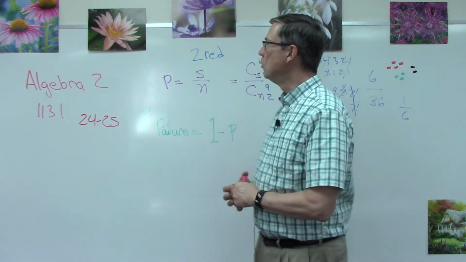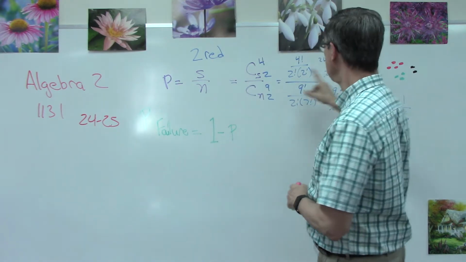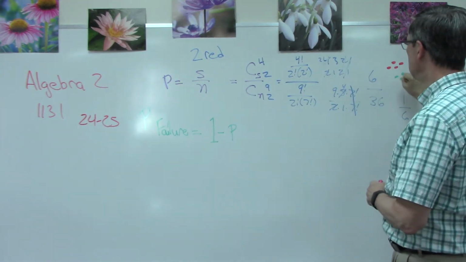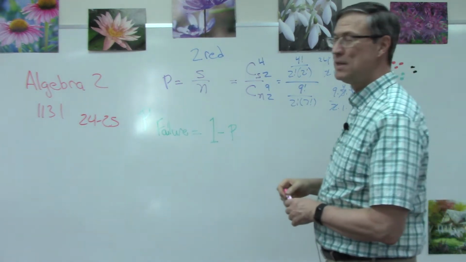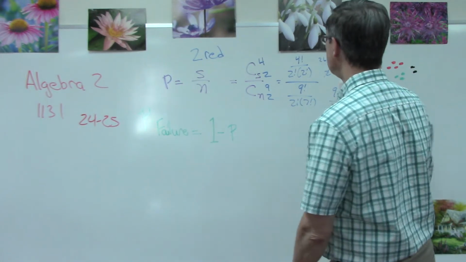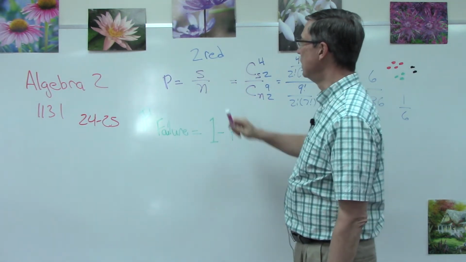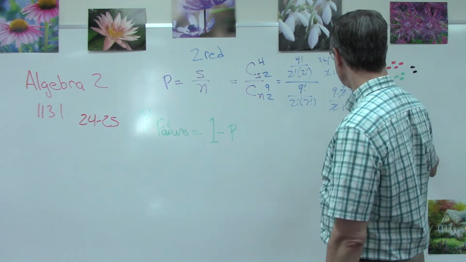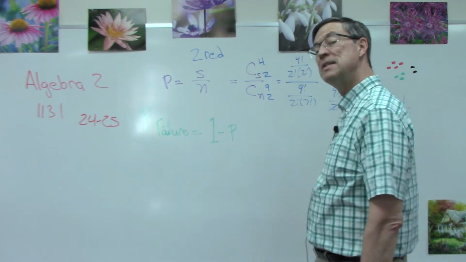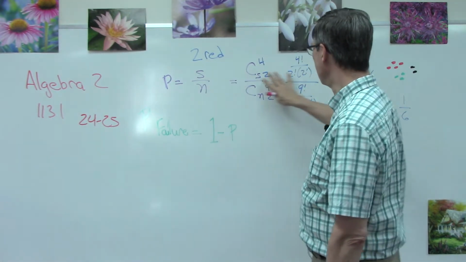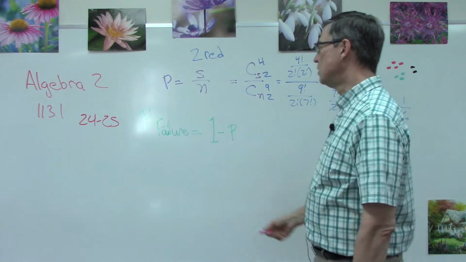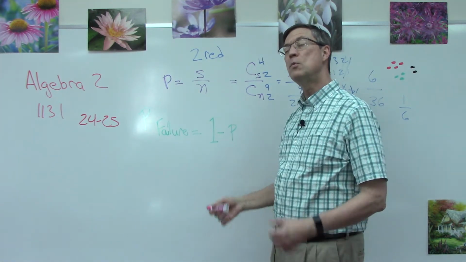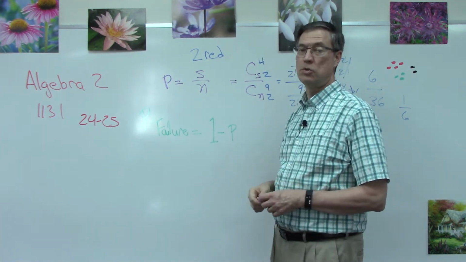Okay? So we looked at an illustration where we had these jelly beans, 4 red, 3 mint, 2 black licorice. And we said, what's the chance of getting 2 red ones out of these 9? And we saw that the chance was 1/6. Okay? And I left the work up here to show you how we got that. Remember that.